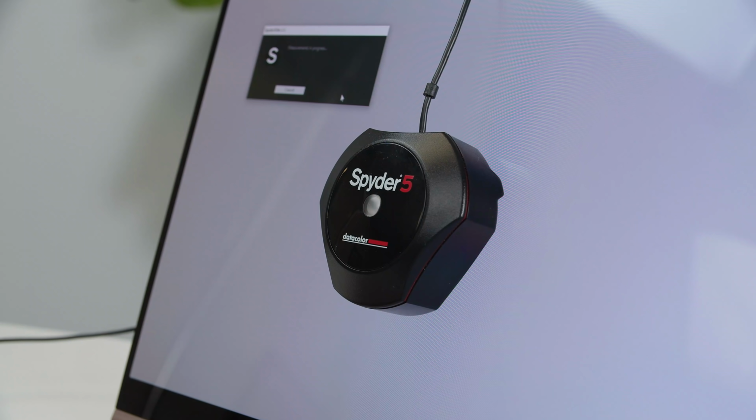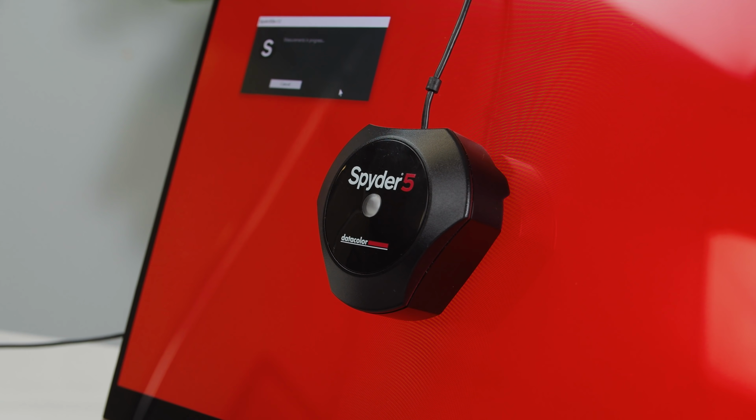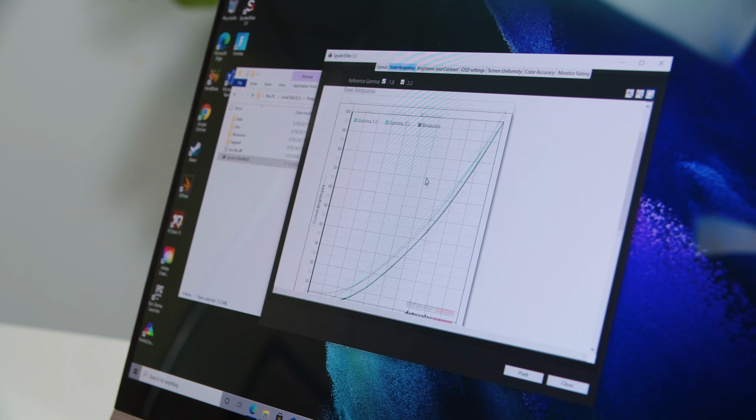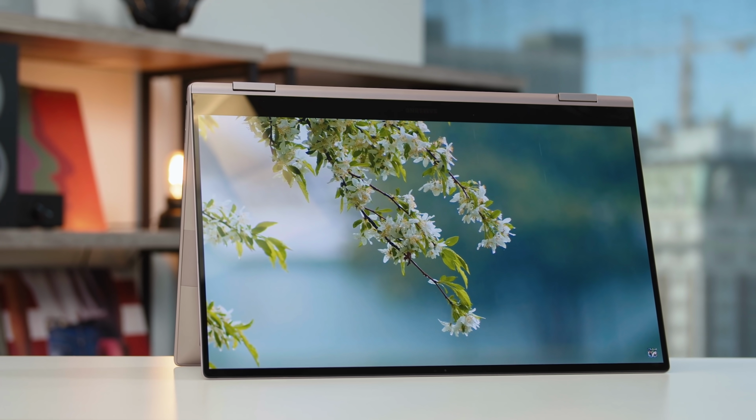But we should talk about the actual image quality of the display here, which I tested with this, my Spyder 5. As advertised by Samsung, the color coverage here is nearly perfect. 100% across the board, which again is rare in general, but extremely rare on a 1080p screen. The gamma though was slightly off, which isn't great for movie watching, and I really noticed just how oversaturated the